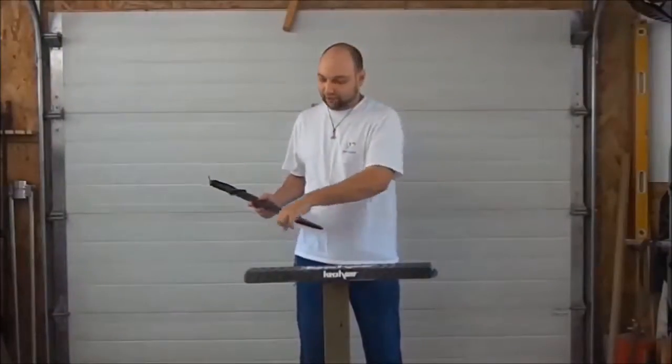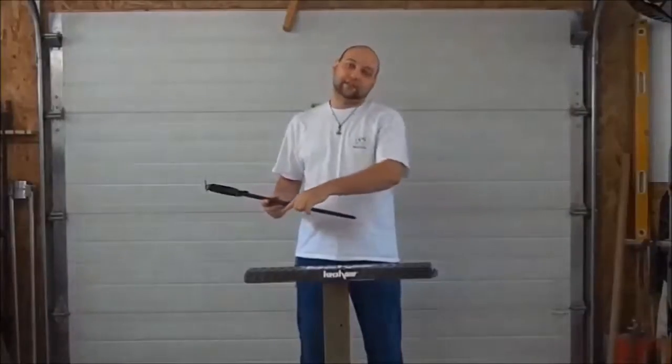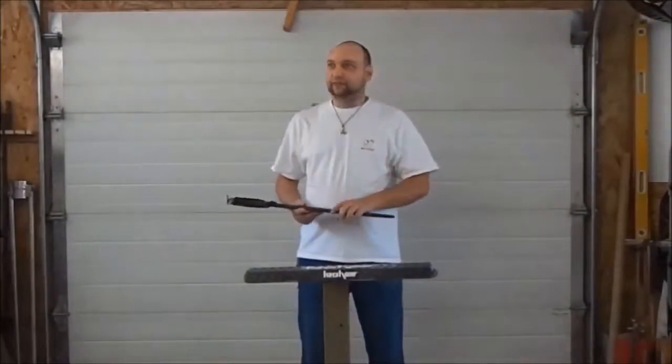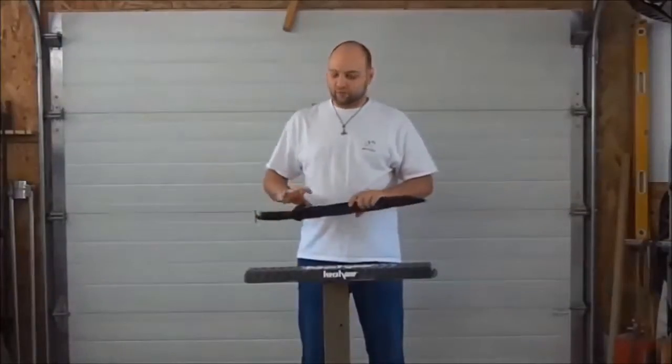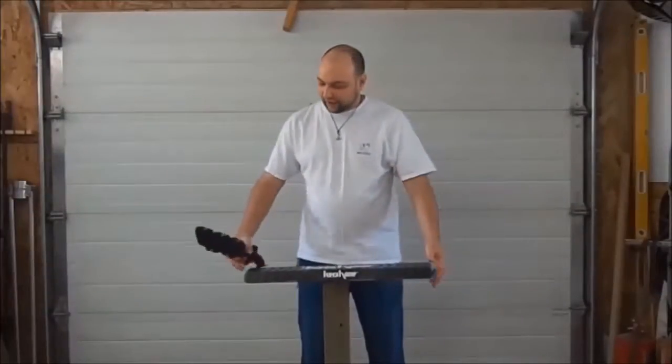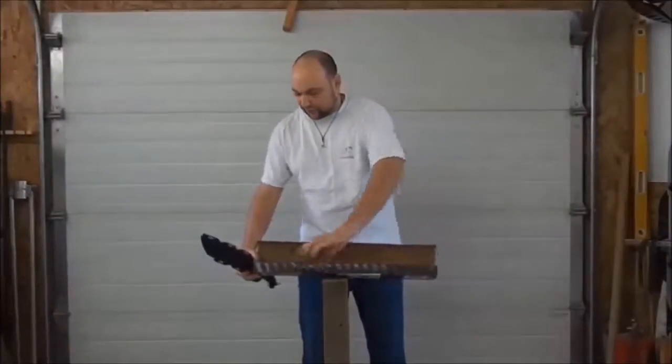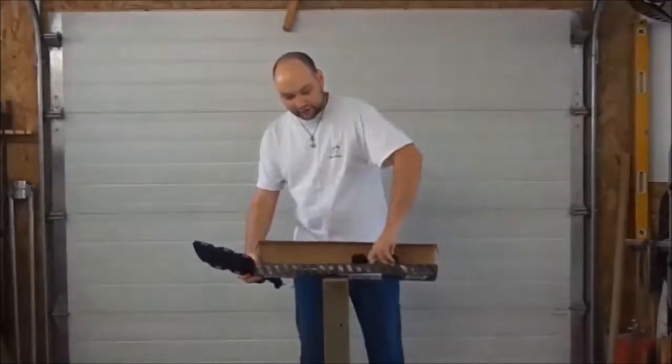It comes in plastic clamshell packaging. You find it at your local sports store or outfitter store. This one came to me from Amazon. A couple of things that you'll notice right away that I've taken off